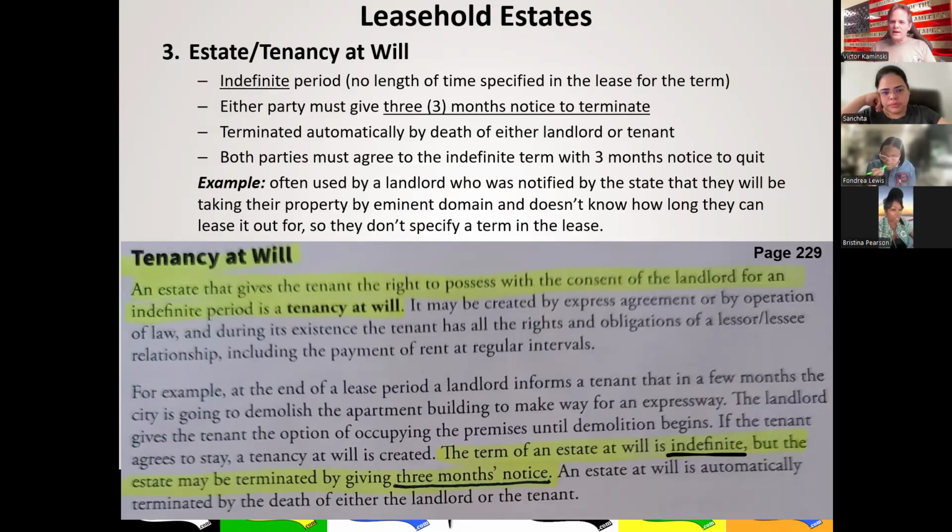So the landlord doesn't have to worry about being in breach of contract with the tenant when the state notifies them, hey, you need to deliver the property vacant to us ASAP. This is the way to get them out, by having an agreement and the 3 month term. And it's fair to everybody that way. Okay. Got all the highlights? It's only two sentences to highlight there.